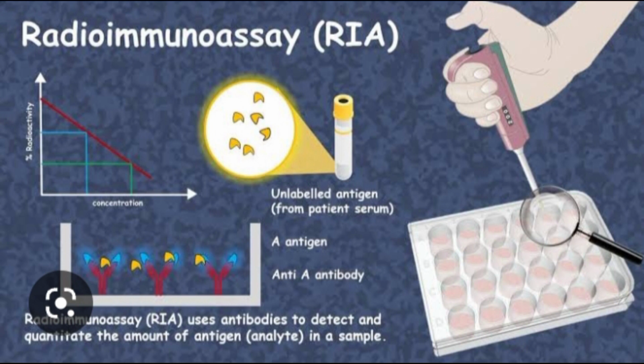Application of ELISA. ELISA is used in clinical biochemistry to measure hormones like thyroid hormone, insulin, reproductive hormones, and pituitary hormones like follicle stimulating hormone, luteinizing hormone, thyroid stimulating hormone. It is used to measure the level of tumor markers in serum like alpha fetoprotein, prostate specific antigen, HCG, CEA